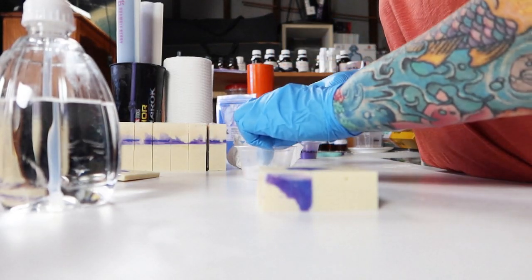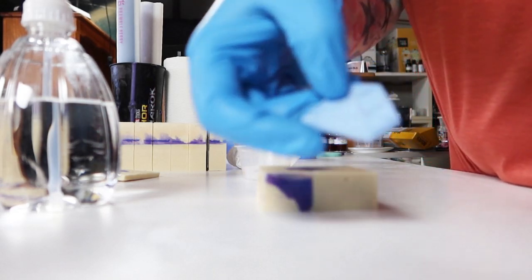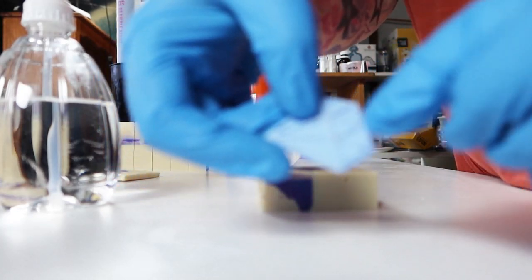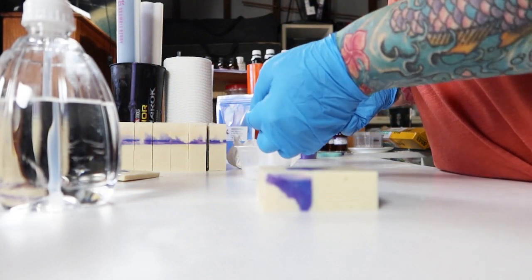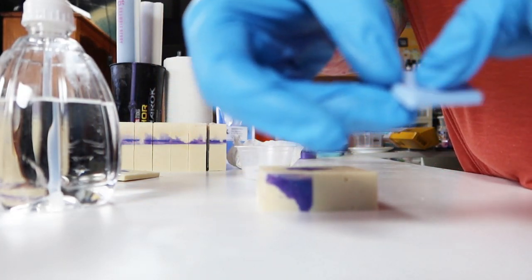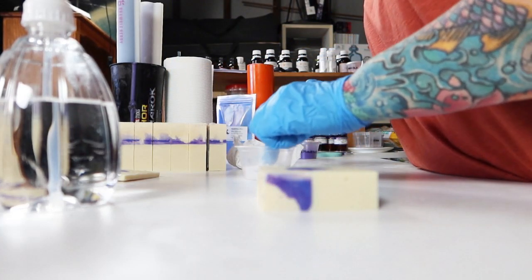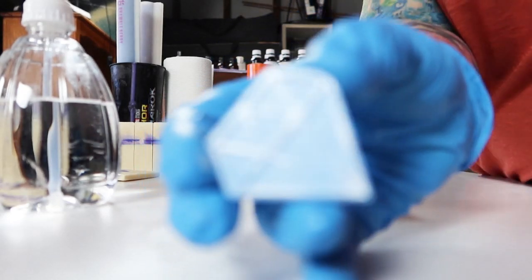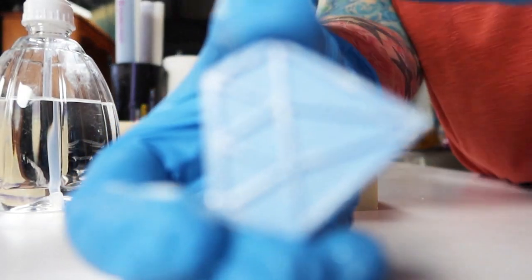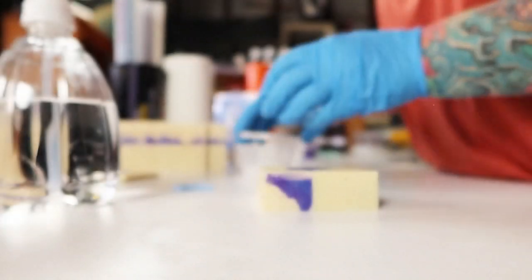This is really not the best way to do this, guys, but all I'm doing is just putting it, focus you stupid camera. So the bane of my existence is this camera not focusing. I'm just putting it on the raised areas, and because this is so little, it's actually really hard to hold. Oh, there you go. Focus! There you go. It's not perfect, but...